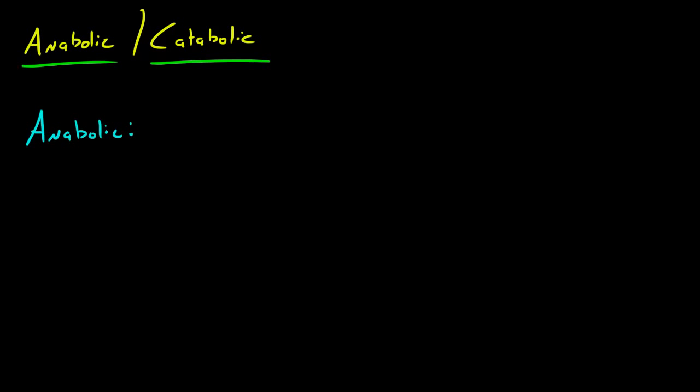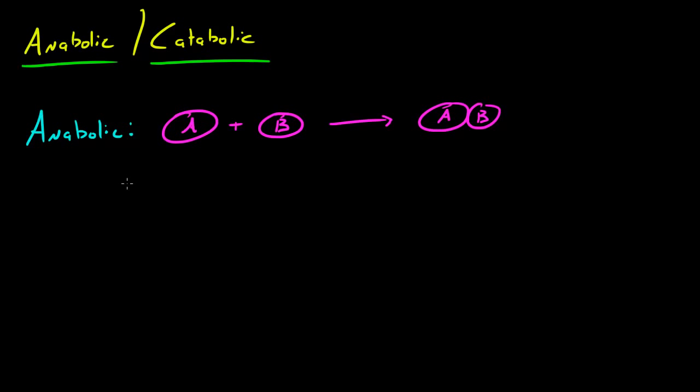So in an anabolic chemical reaction, what happens is it's pretty much a reaction that builds larger molecules. So anytime we want to build a larger molecule, we need two or more smaller molecules to come together. So say we have two smaller molecules, A and B. They're going to come together and form a larger molecule. We'll call this molecule AB. So that's what happens in an anabolic chemical reaction. Now, of course, you can kind of see where this is going. Let's go ahead and talk about